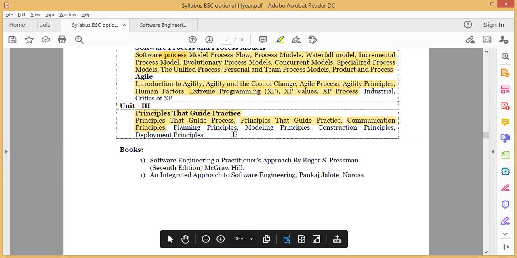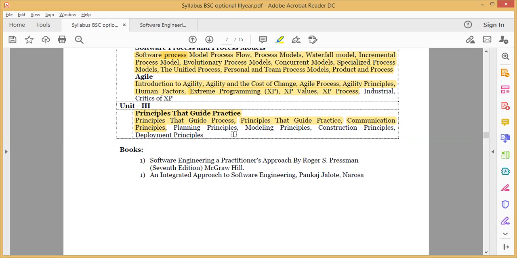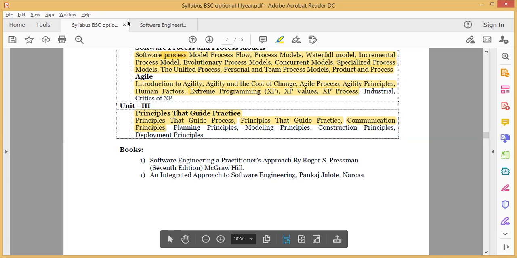Why is planning the most important part of project development, and which principles should we follow while working on a project? All of this will be discussed in this section on planning principles. Let's get started.